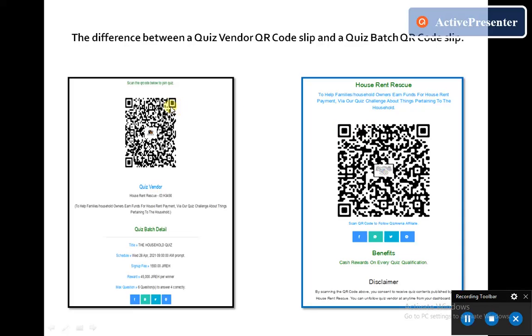The quiz batch QR code slip begins with the QR code on the topmost section, followed by some text that describes the quiz batch, like the quiz vendor, and then the quiz vendor vision statement, then the quiz batch detail, which is basically the title, the schedule, the sign-up fee, the reward, and the max question, and then the social media handles, in case you want to share the quiz batch slip on social media with